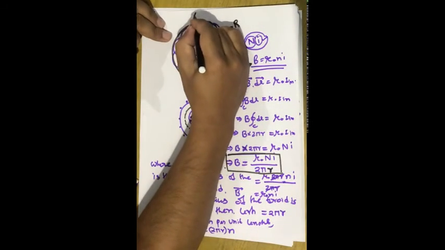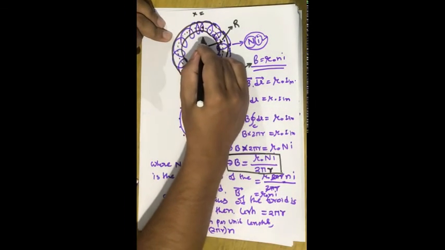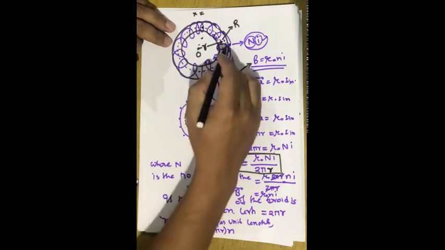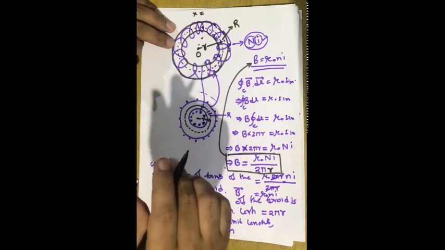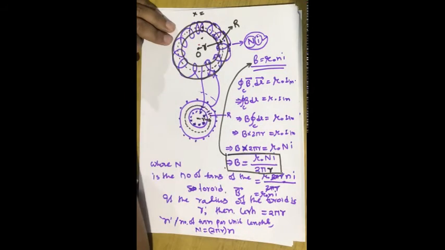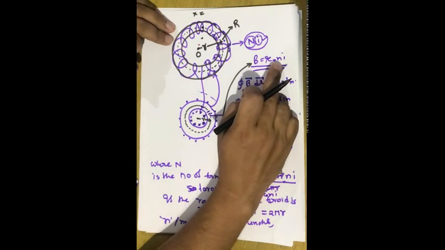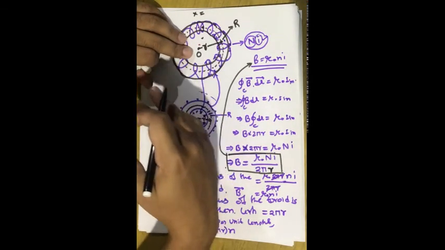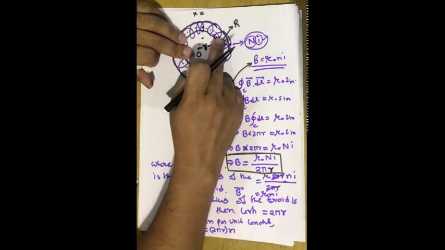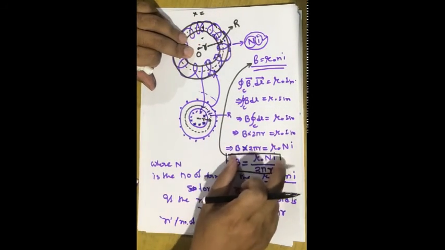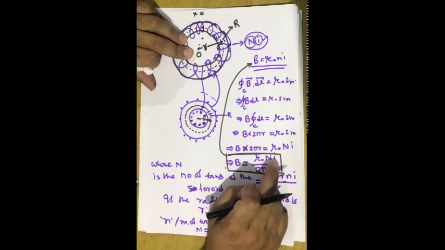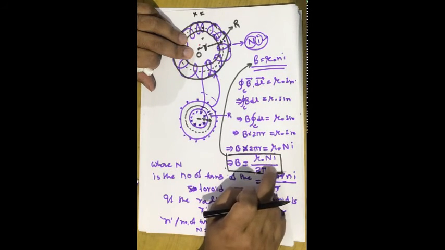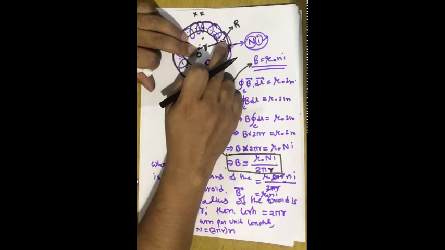For any point outside the toroid, the magnetic field is 0. For any point in the hollow space enclosed by the toroid, the magnetic field is 0. There exists a magnetic field inside the toroid in the axial direction, in this direction. Along the axis of the toroid, we will get a magnetic field, and that value is equal to mu naught n into small I if the point is on the axis of the toroid. If it is slightly above or below the axis but still inside the toroid, then we have to use this expression: B is equal to mu naught capital N small I divided by twice pi r, where capital N is the total number of turns of the toroid and r is the distance from the center of the toroid to the point of concern.